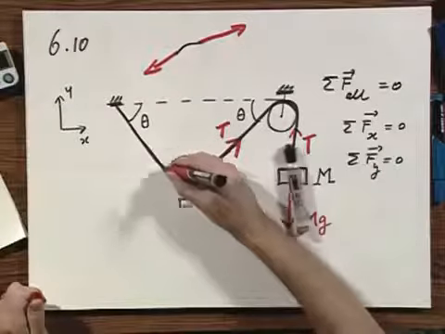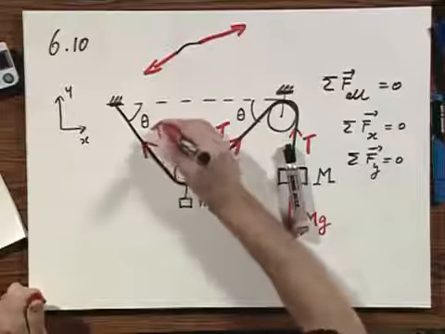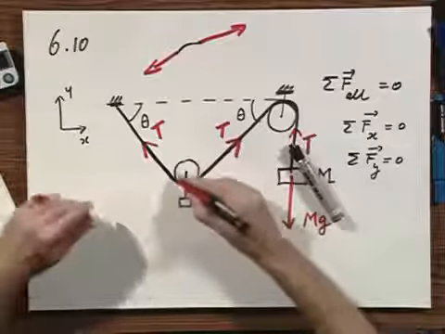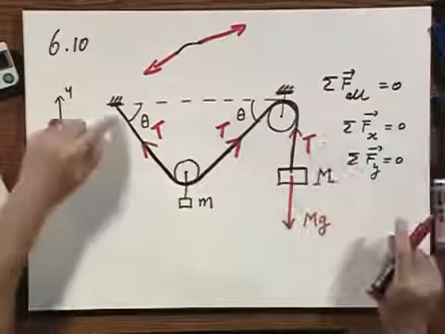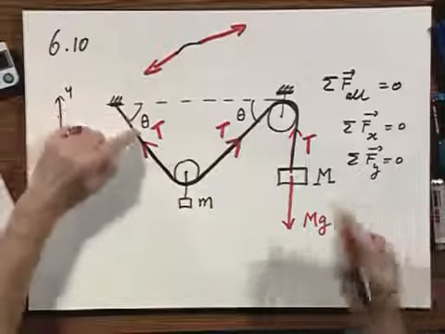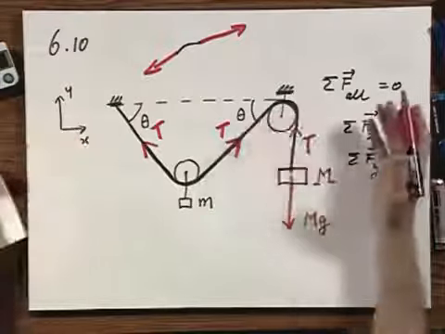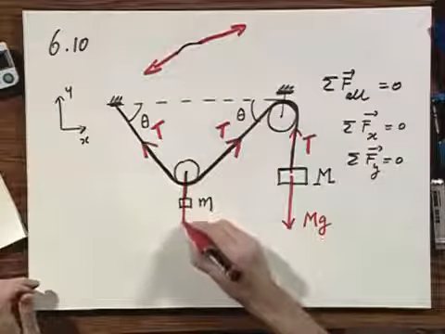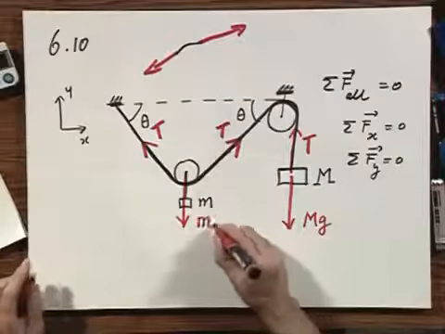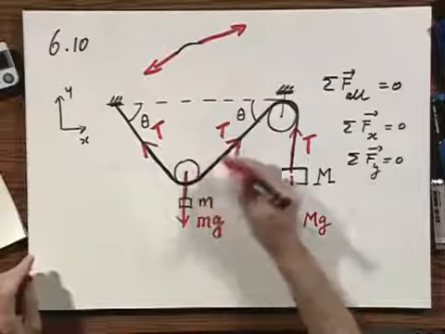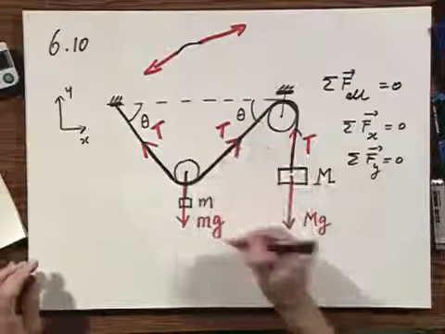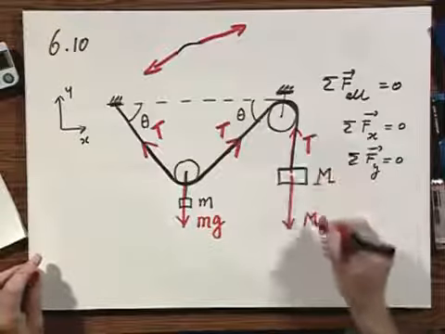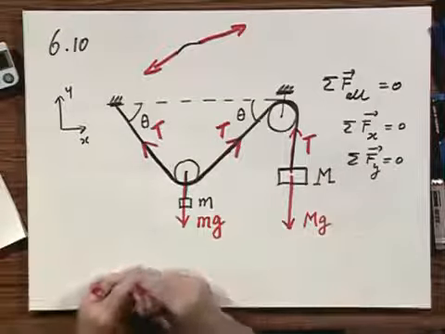And so I can also put the tension here, because that is important for the force acting on this pulley. Of course, I could have put the tension here down, and I could have put the tension here down, but we're not dealing with that here, so I've left them out. And then here I have mg. So on this object there are three forces. These two tensions plus little mg. On this object, the tension plus capital Mg.